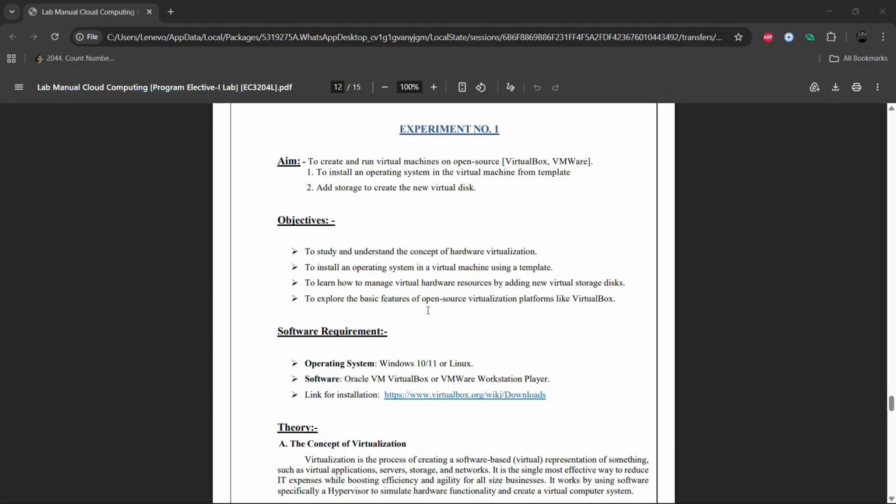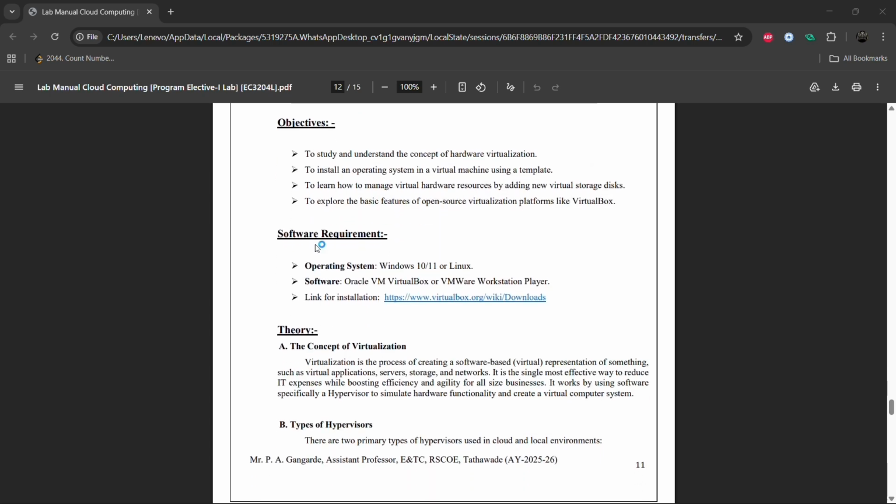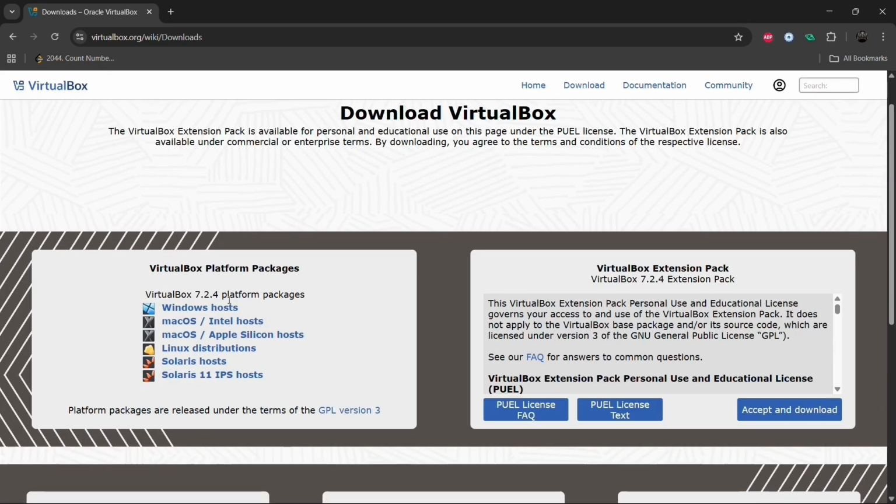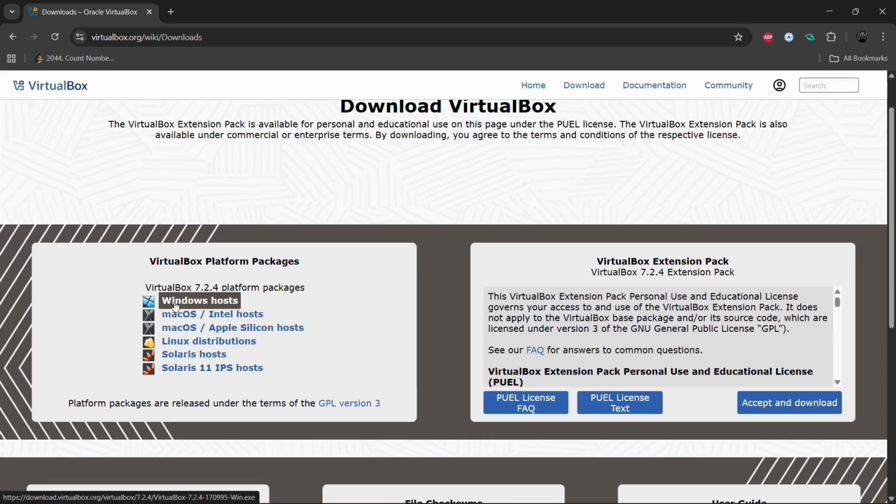So this is our experiment 1. We require some software requirements like a Windows PC. First of all, we are going to download VirtualBox over here. Here we have to download for Windows. We have Windows. Okay,